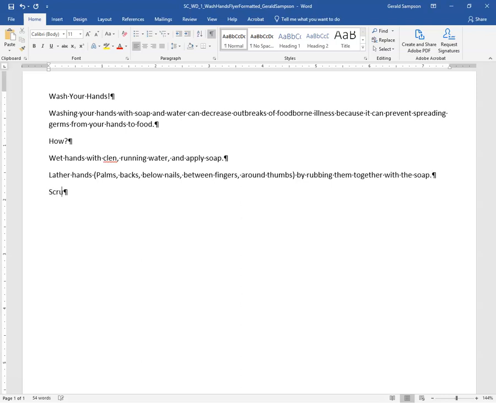Next line, scrub hands for at least 20 seconds. Now this 4 should have been with a blue underline. You'll see once we check grammar and spelling, that's where it's going to put that blue underline that the book shows. And then rinse